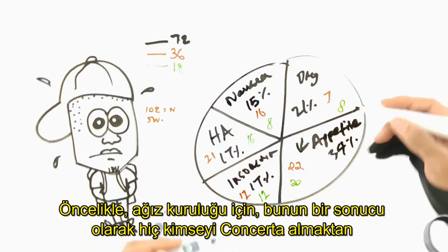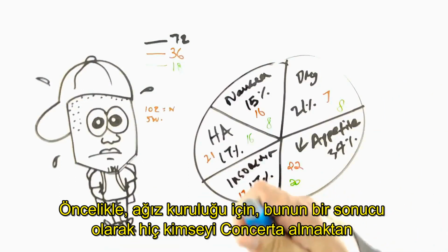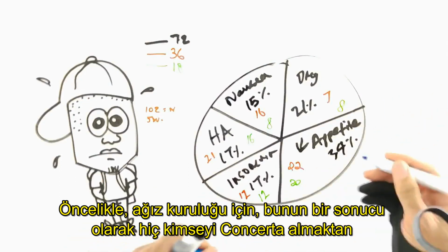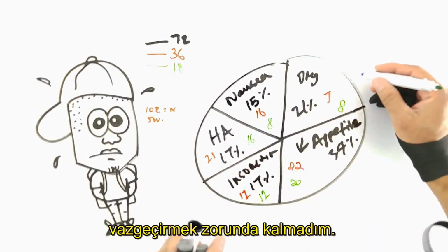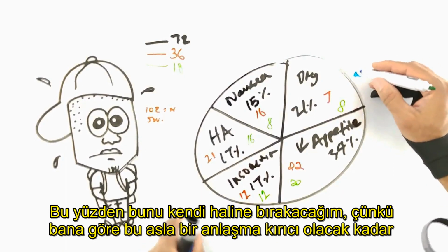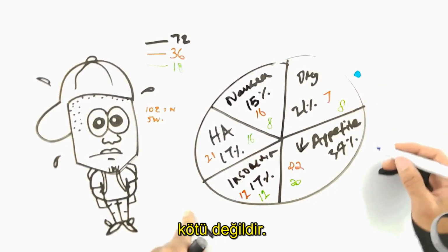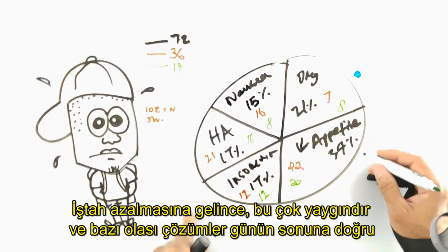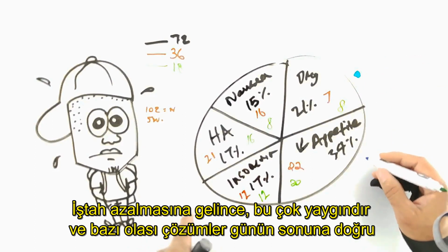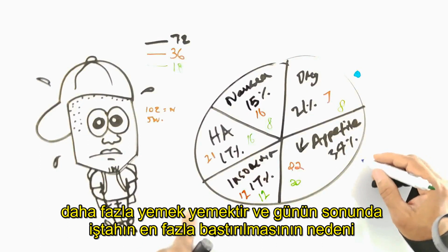Well, first off, for the dry mouth, I have never actually had to stop anybody from taking Concerta as a consequence of it. So I'll just leave that one alone, because to me, that one is never bad enough to actually be a deal breaker. For the reduction in appetite, that's very common, and some possible solutions are to eat